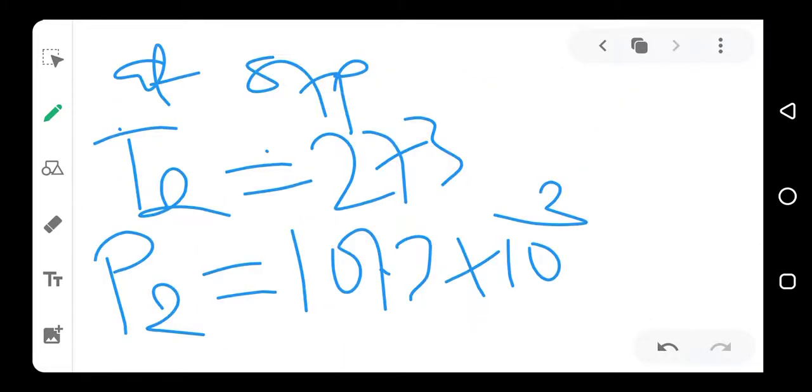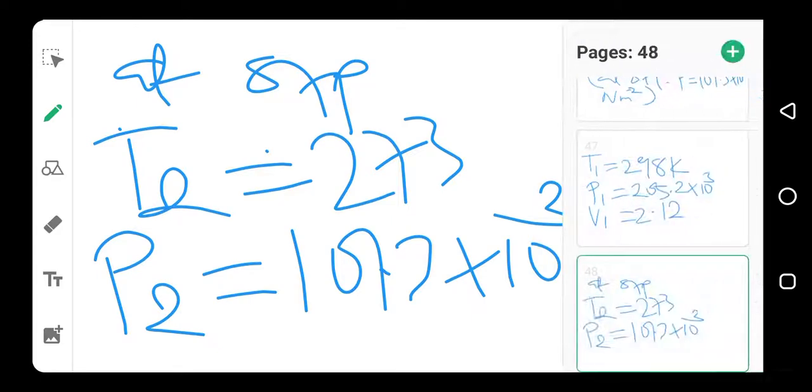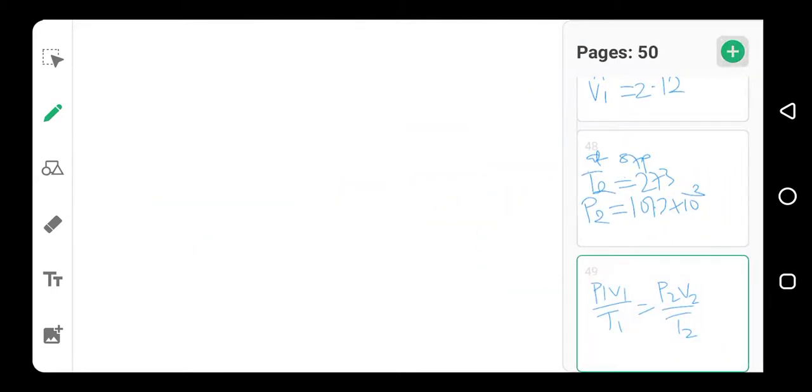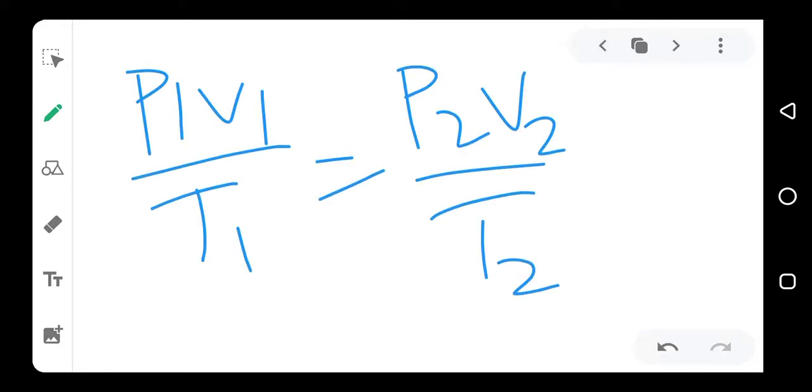Now we put everything into the general gas equation. The general gas equation states that P1 V1 over T1 is equal to P2 V2 over T2. Now, first of all, let's make the one we are looking for the subject of the formula. We are looking for the volume, V2. So we make it the subject of the formula. Now we transfer this to this side and divide everything by P2. So we are going to have that